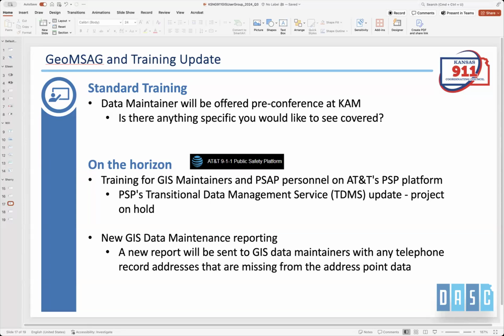This is a standard requirement that there be an address point for every telephone record. So when you get these reports, you will need to add those address points. Right now, we don't have a hard timeline on when it has to be done by, but we are working on a tracking module to make sure that